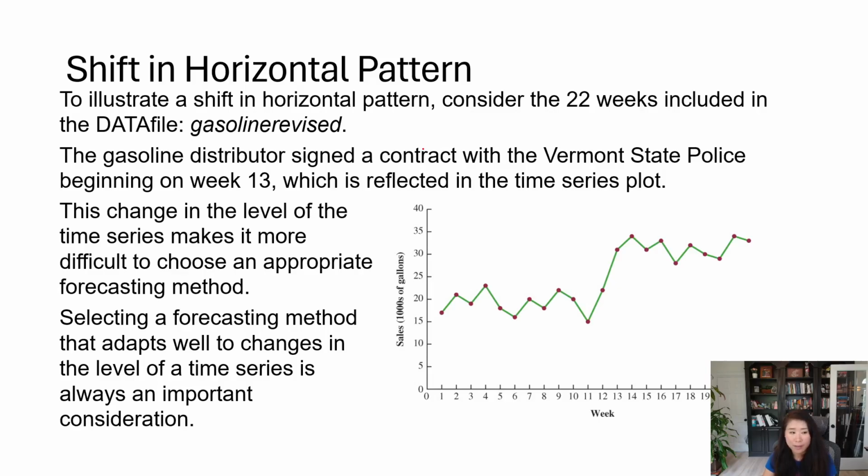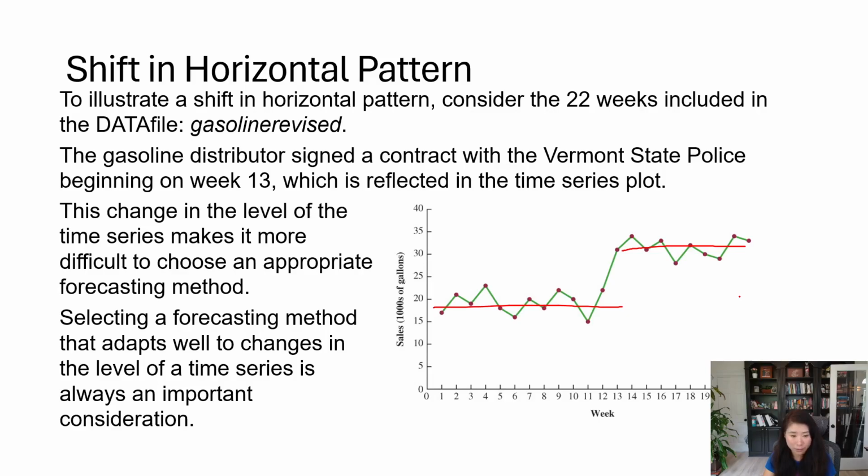Now, the second pattern we're going to look at is called a shift in horizontal pattern. As you can see on a similar diagram, it is about the gasoline. Instead of looking at the first 14 weeks, we're extending the time period to 24 weeks. From this diagram, you can see that the first 14 weeks look very perfectly horizontal around 19,000 gallons. However, after the beginning of the 13th week,